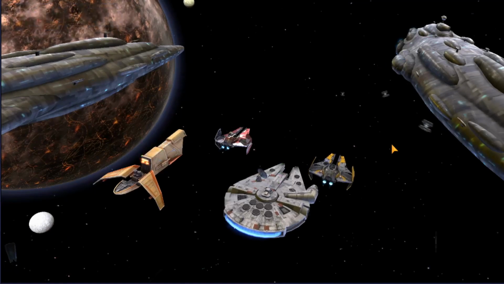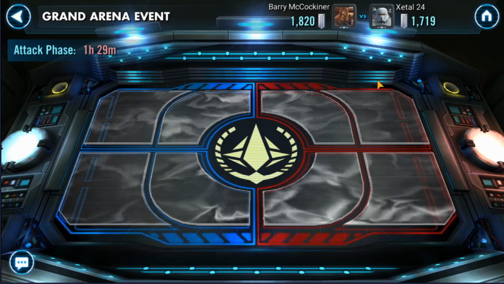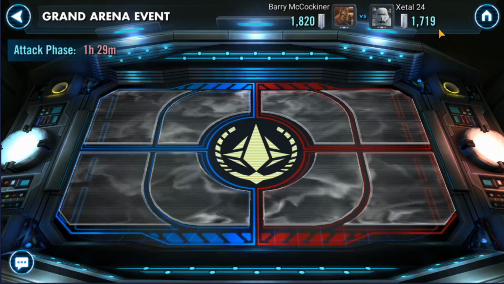And we have won. Now as you can see, we have attacked all of their zones. They've attacked all of our zones. We call this a full clear. And if you look up top, I have considerably more banners than my opponent. Therefore, I win and I progress on